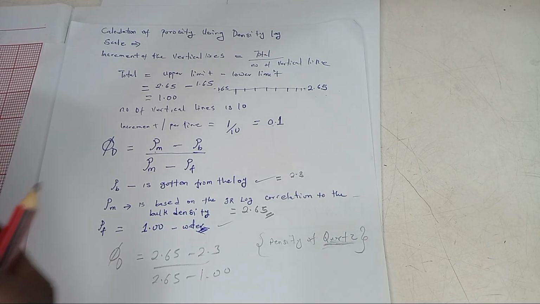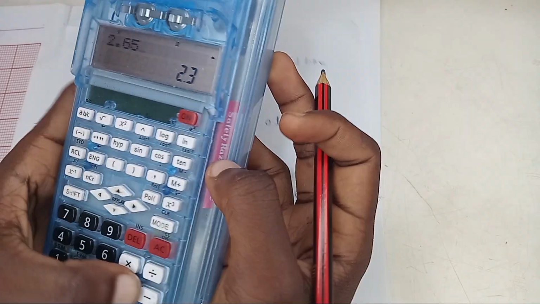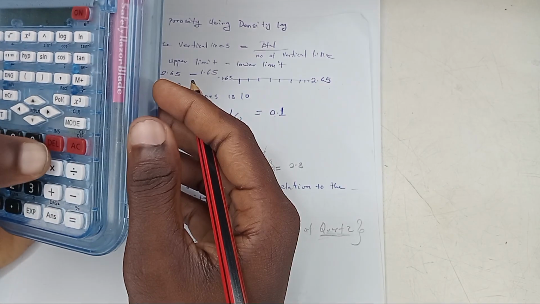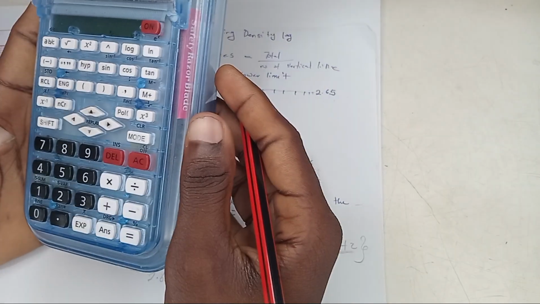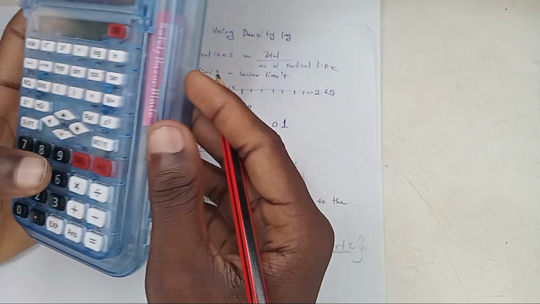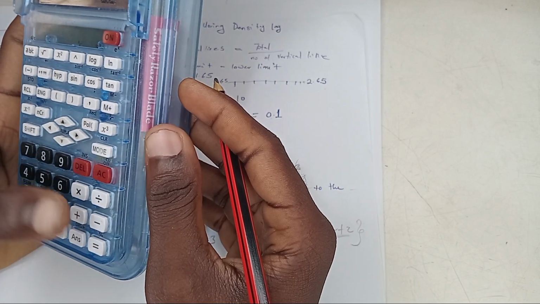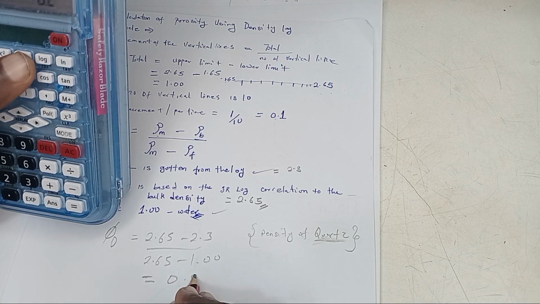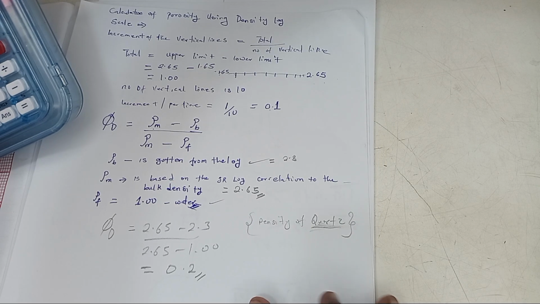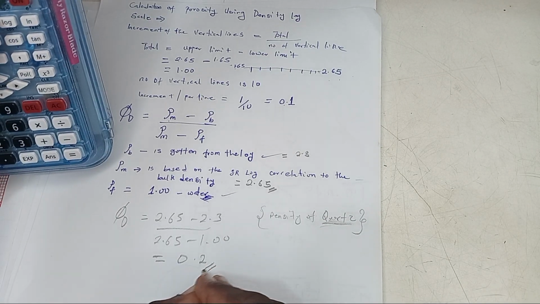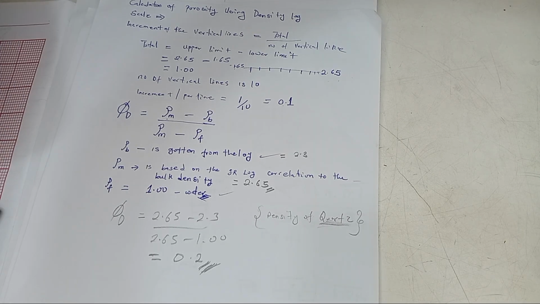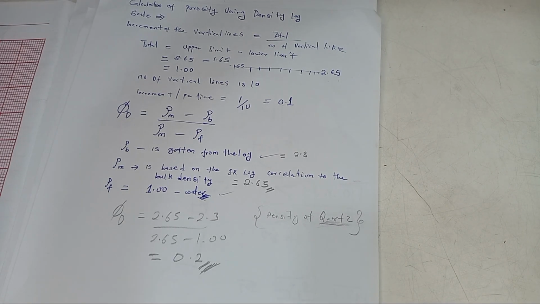So 2.65 minus 2.3 is 0.35, divided by 1.65, which gives 0.2. So our density porosity is 0.2. Okay, so let's mark it up for that. Now for our